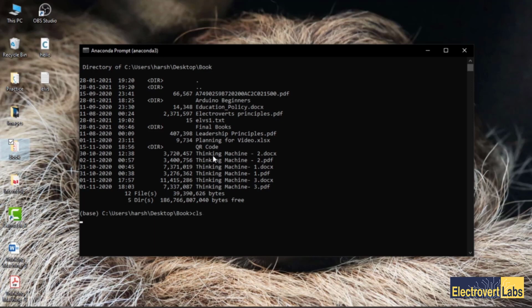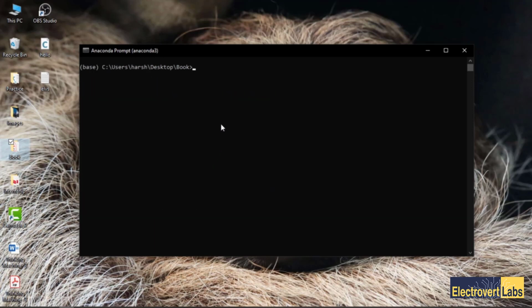Now after that we will be discussing what environment variables are. So let's change my current working directory to desktop again. I will write cd, and I will just copy this path to desktop.